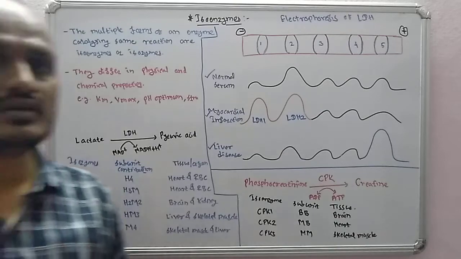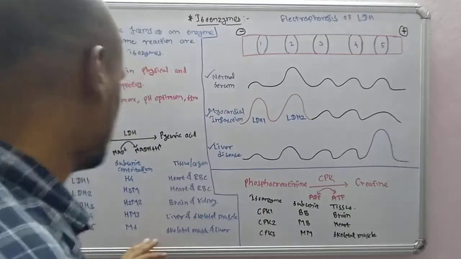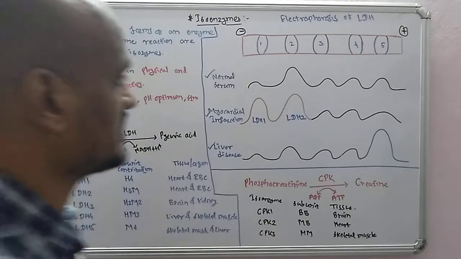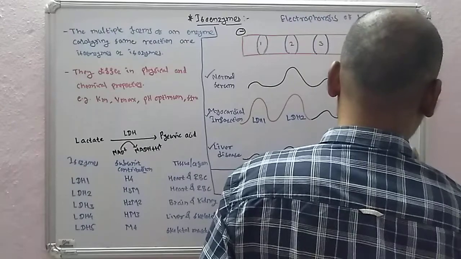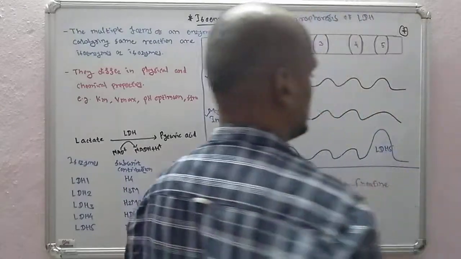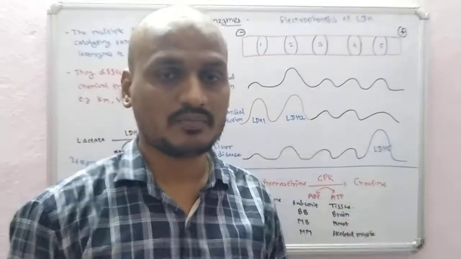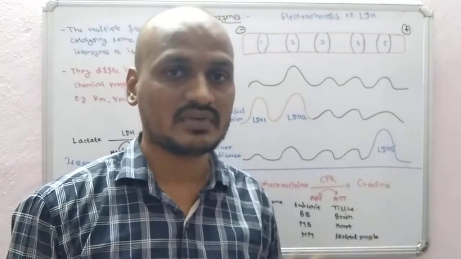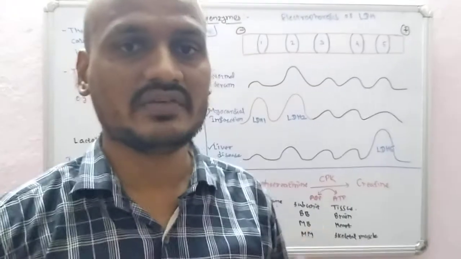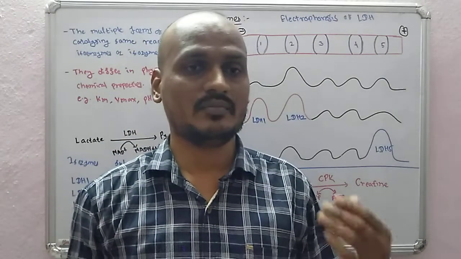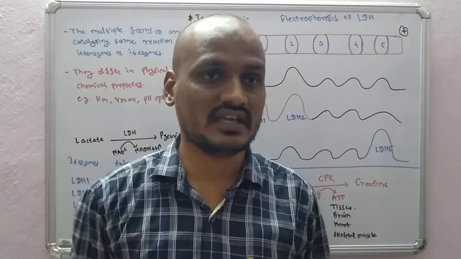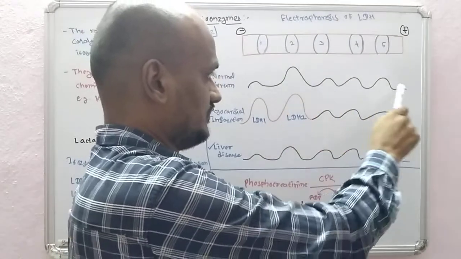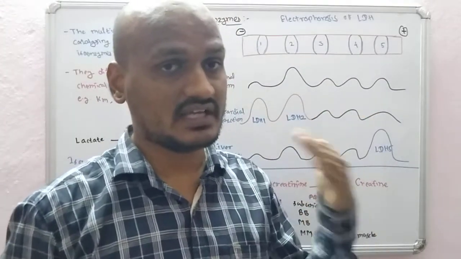Now suppose we have liver disease. What happens in liver disease? In the liver we have LDH4 and LDH5, so LDH5 can be increased here, for example. It is located in the liver, and we can expect that if you have liver damage, LDH5 will increase. That is a different isoenzyme with different electrophoretic mobility, and based on the mobility we can identify whether it is LDH1, 2, 3, 4, 5, and based on the peak height we can see the intensity.